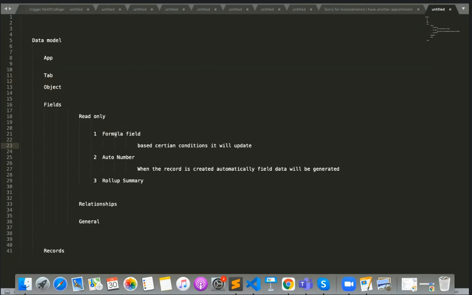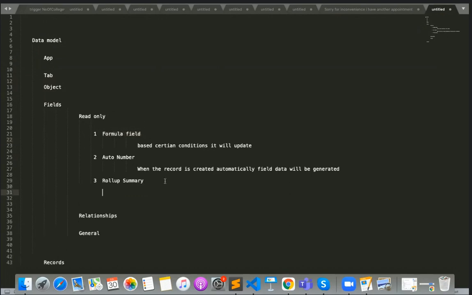For example, you have provided a field called date of birth. Based on the date of birth, I want to calculate age automatically. For such formulas, you have to create a formula field here. Those things won't be visible when you are creating a record; they will be visible only after you save the record.